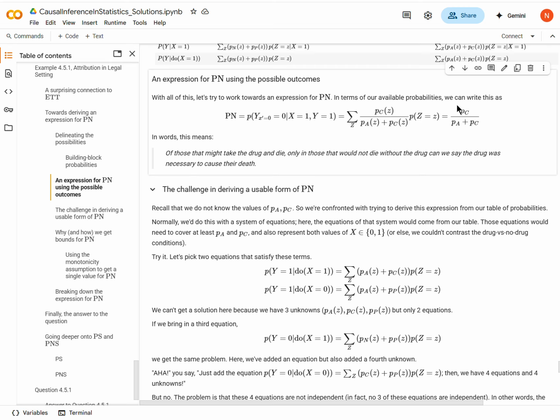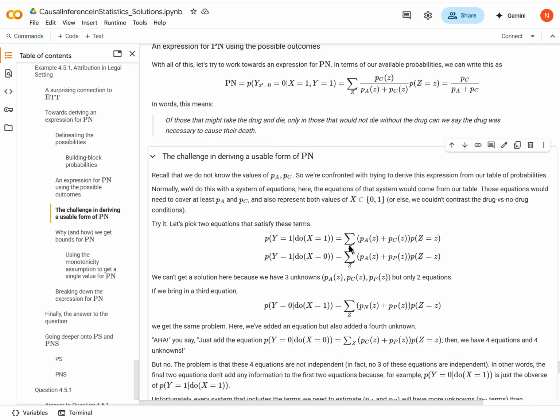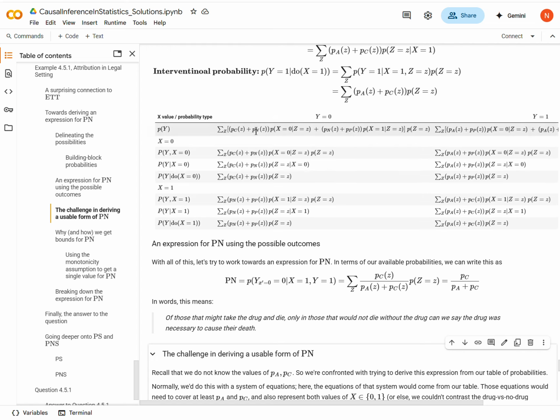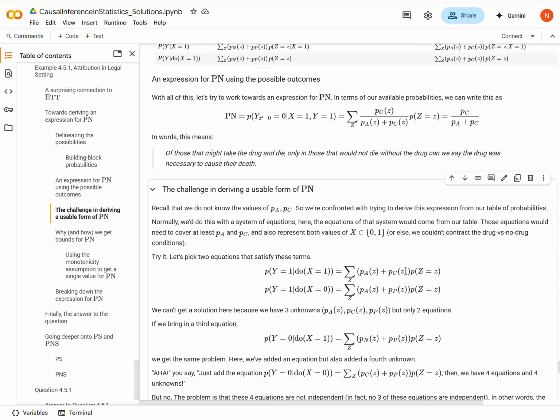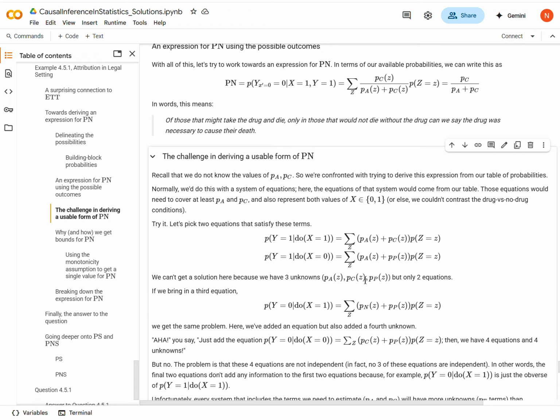So that means if we can find usable expressions for PC and PA, then we can get an expression for PN. All right, so that's interesting. So how might we do that? Well, we're going to go back to our table up here and look for some expressions that have PA and PC in them. Okay, and so two such expressions would be given here. You could find other expressions, but we have these ones right here,